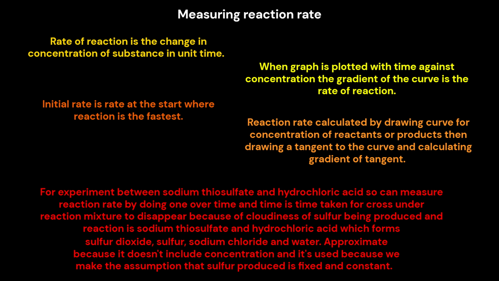calculating the gradient of the tangent. For the experiment between sodium thiosulfate and hydrochloric acid, we can measure reaction rate by doing 1 over time, where time is the time taken for a cross under the reaction mixture to disappear because of the cloudiness of the sulfur being produced. The reaction is sodium thiosulfate and hydrochloric acid, which forms sulfur dioxide, sulfur, sodium chloride, and water. This is approximate because it doesn't include concentration, and it's used because we assume the sulfur produced is fixed and